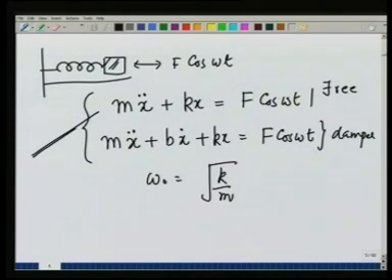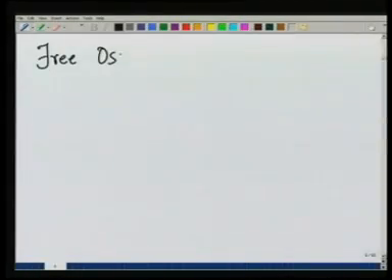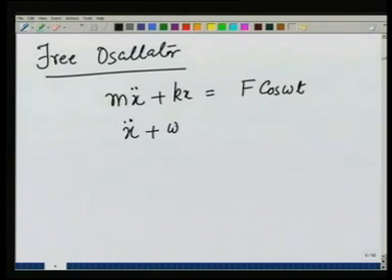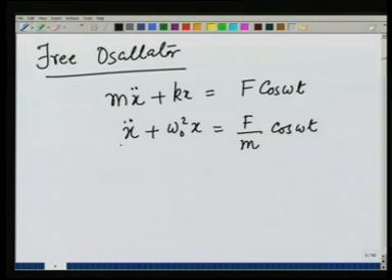Let me first discuss the case of a free oscillator, because this will bring out the phenomenon of resonance. So, for a free oscillator, the equation is m x double dot plus k x is equal to F cosine of omega t, which I can rewrite by dividing by m as x double dot plus omega 0 square x is equal to F over m cosine of omega t. This is an equation which has a homogeneous part